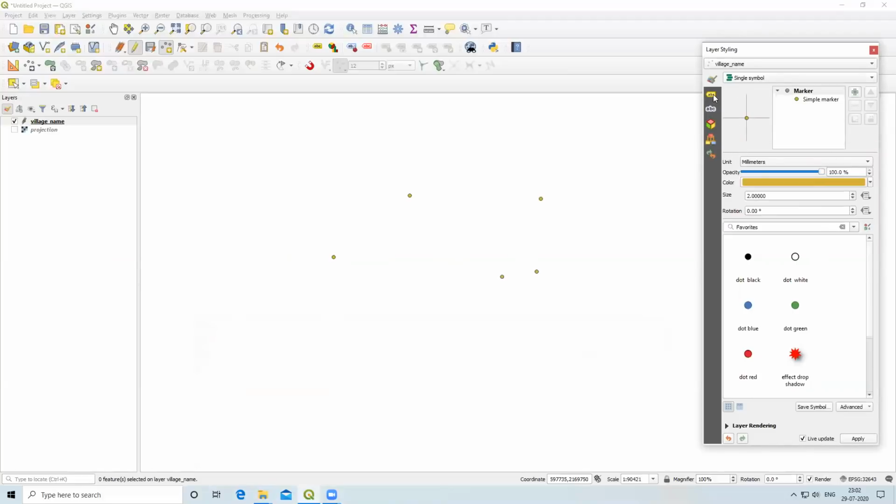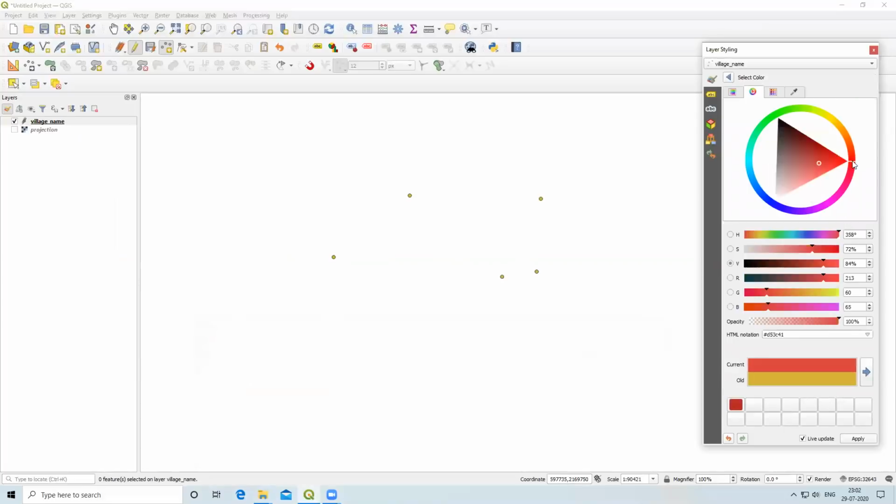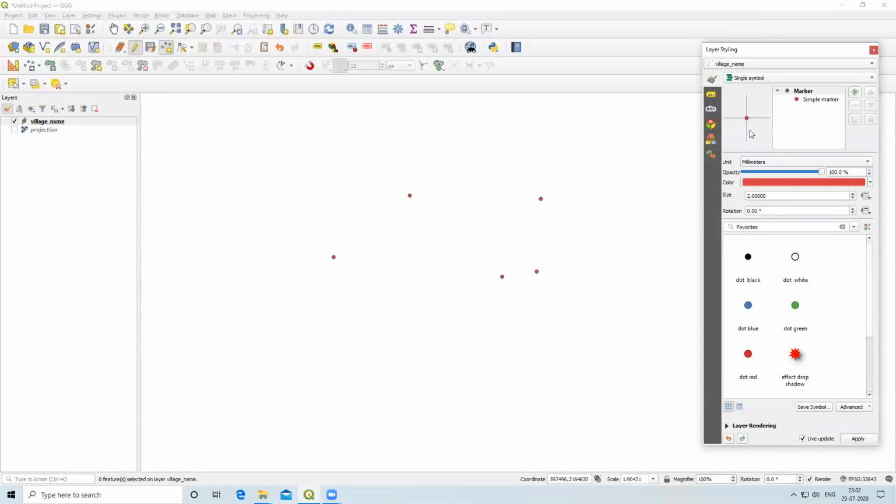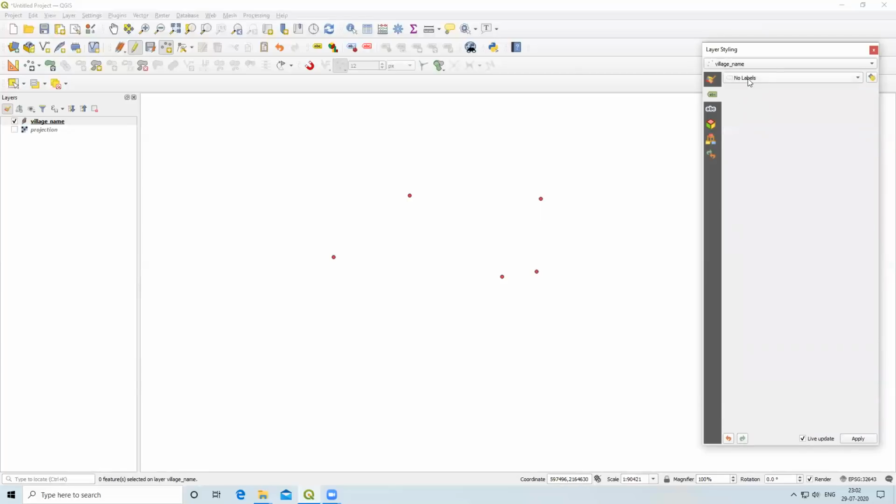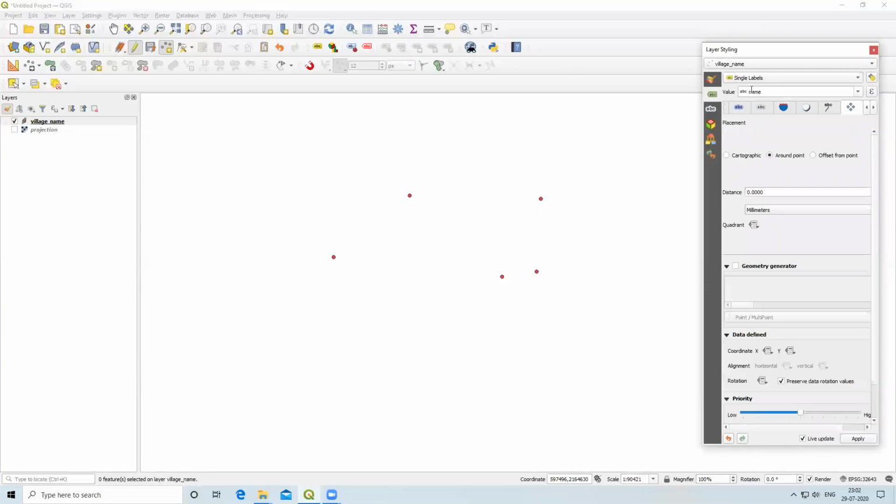After that, if you want to change a color, we can change it from here. If you want to label it, the label option is there. Here I will select single label, and the value is name, already selected here.